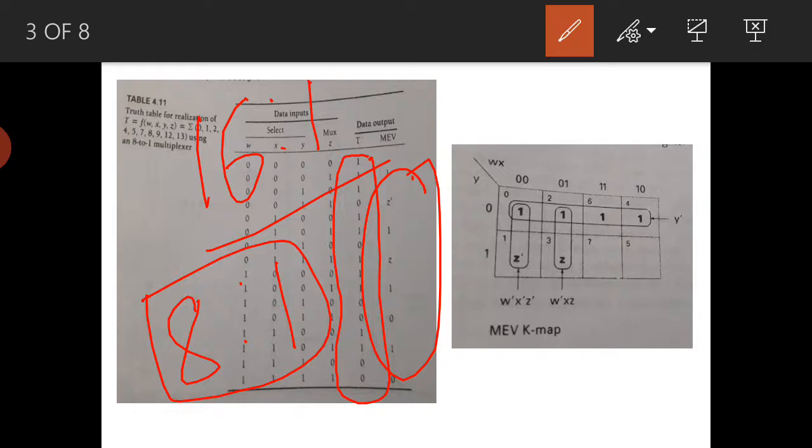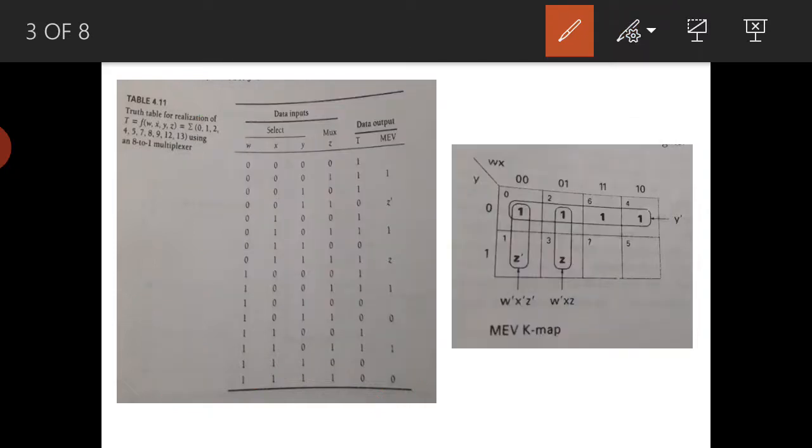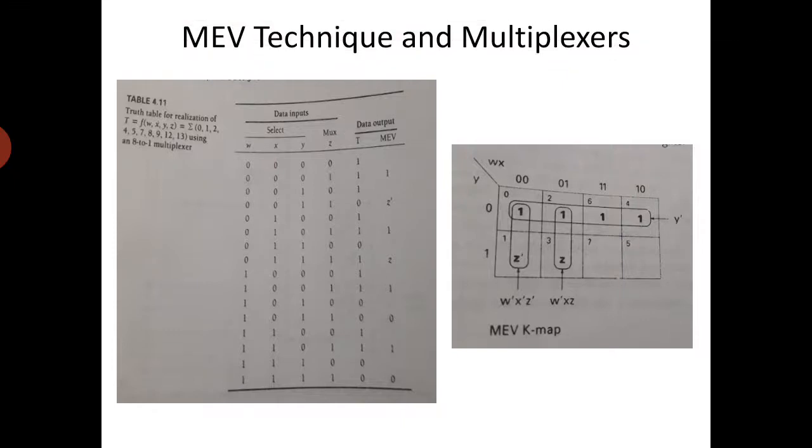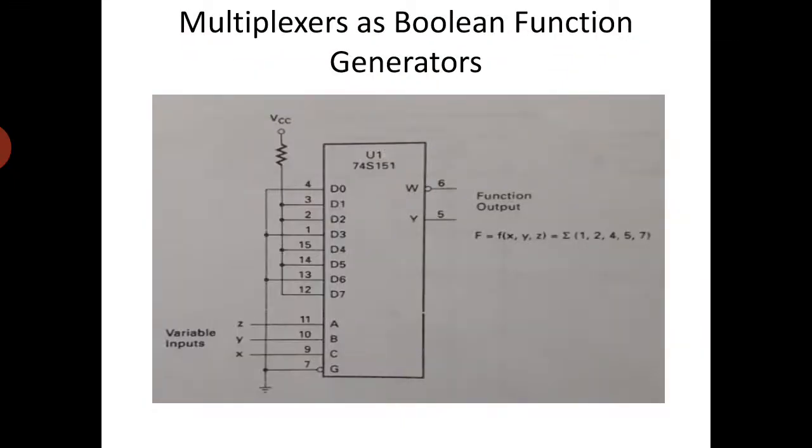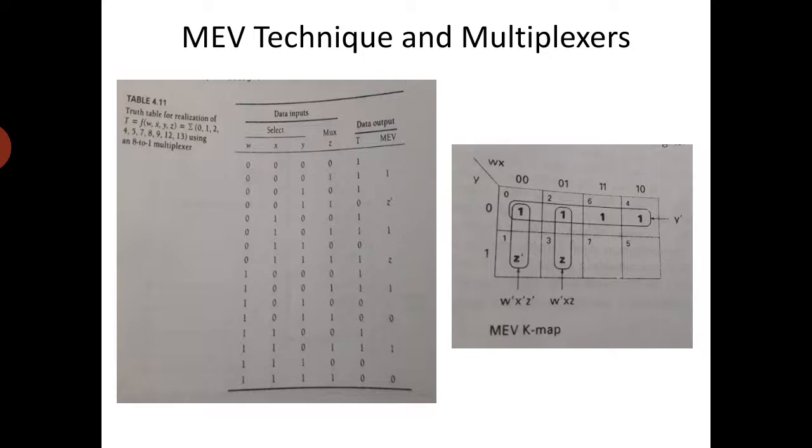So we are reducing 1 IC here. Instead of using 2 8 to 1 multiplexers or 1 bigger 16 to 1 circuit, by using only an 8 to 1 multiplexer we can realize the 4 variable Boolean function. This is how, by using one of the variables as input with the MEV method, this truth table is for this particular Boolean function, with only 8 inputs, and these are the simplified Boolean equations.